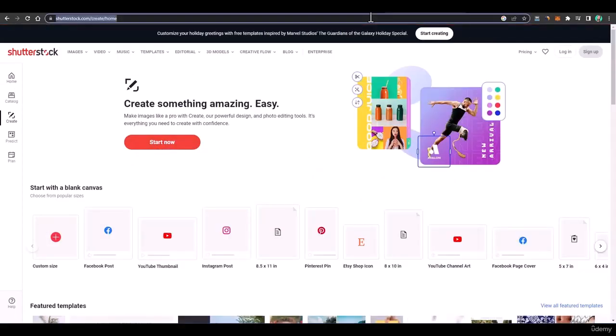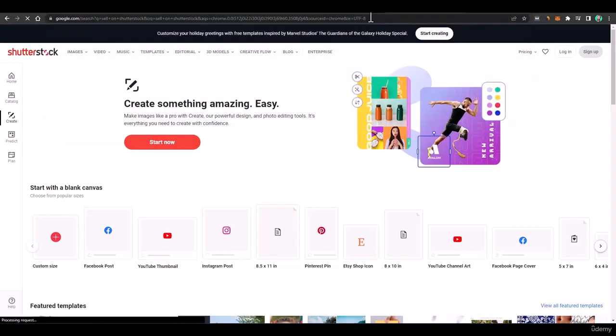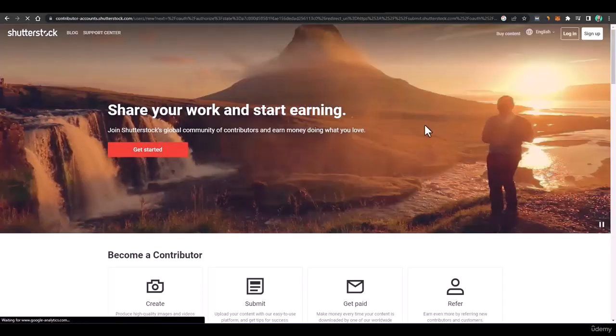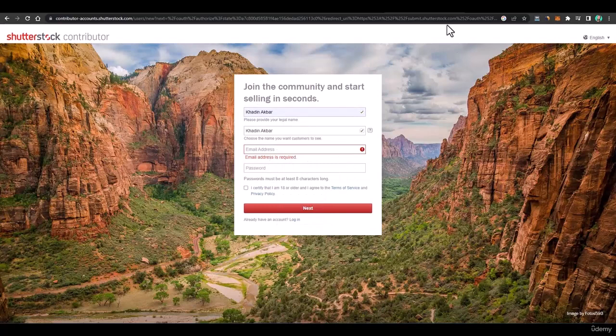So I'll search for sell on Shutterstock, and here you can see submit.shutterstock.com. I'll just click on get started. Here you'll have to create photos using AI, then you can sell them here on Shutterstock and make amazing bucks.